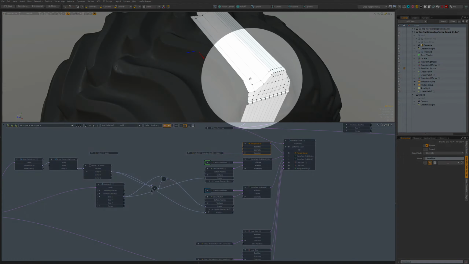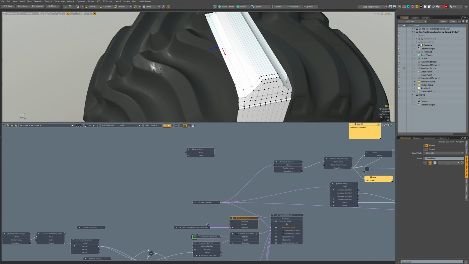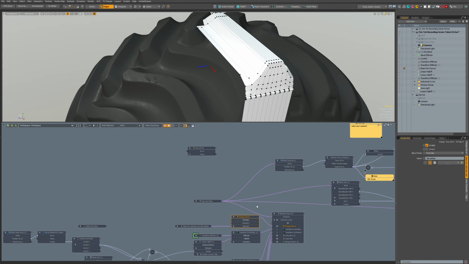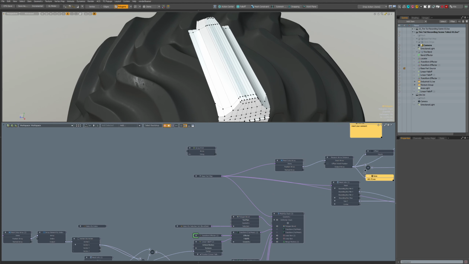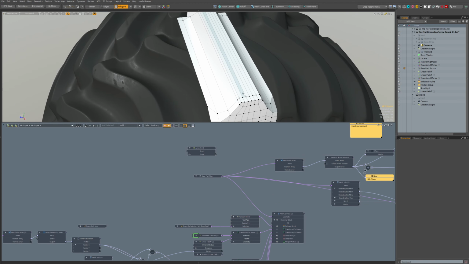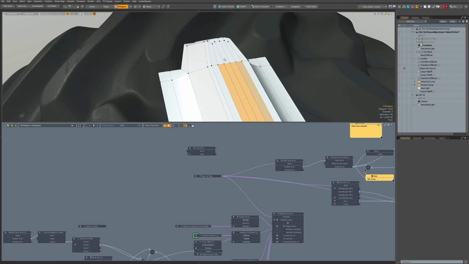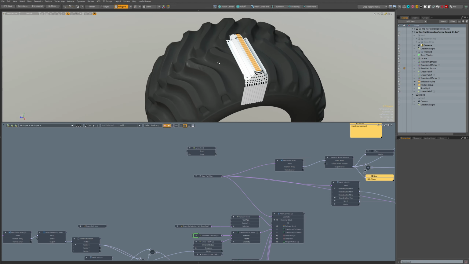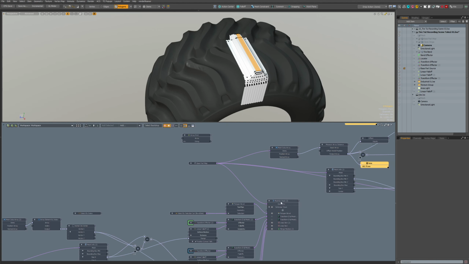But let's add the top hole there too, so it's the same procedure. Let's take this and this and a new selection set, bevel top, and then we can duplicate this.